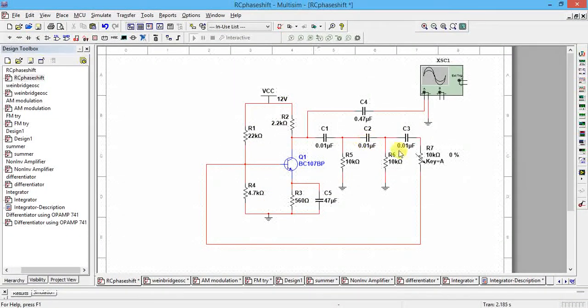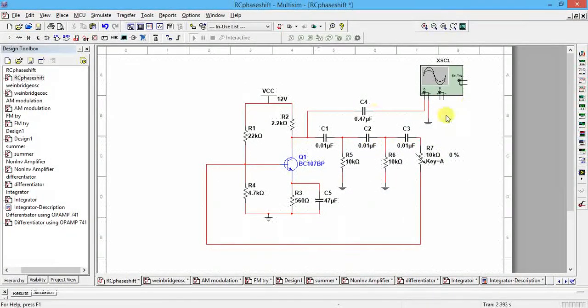This voltage only is converted into AC. So we are going to get continuous oscillation. And another condition for oscillation is the product of A and beta, that is the gain of this amplifier multiplied by the feedback factor, should be equal to 1 or greater than 1. So then only the oscillations will come.